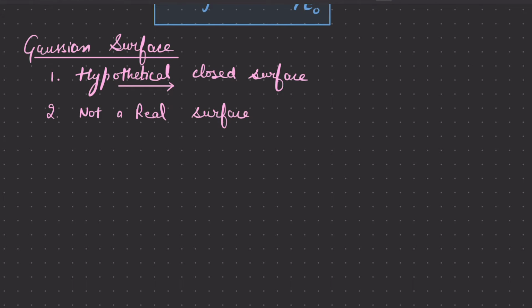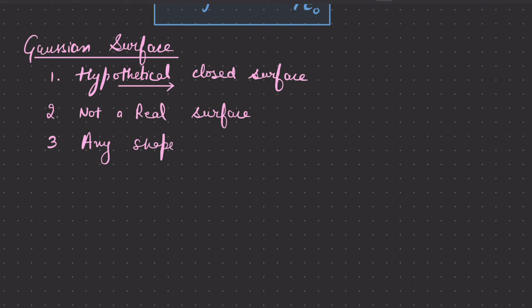That means we just have to imagine. We do not want any real surface. Any imaginary surface which is closed will be acting as a Gaussian surface. So we can say it does not need to be a real physical surface such as the surface of a solid body. And the third part which we need to know about the Gaussian surface is that it could be of any shape